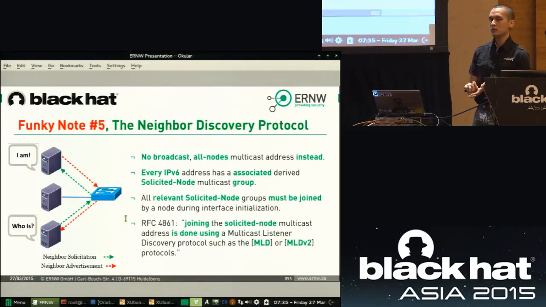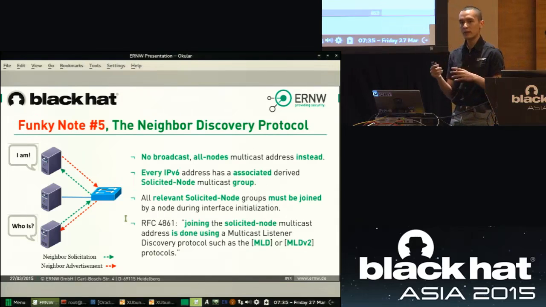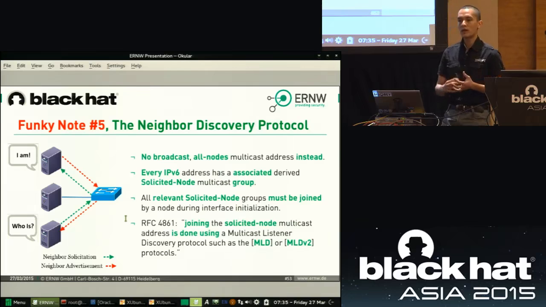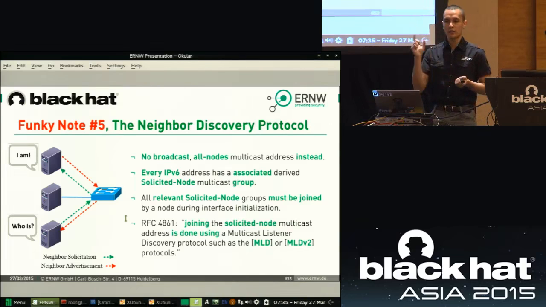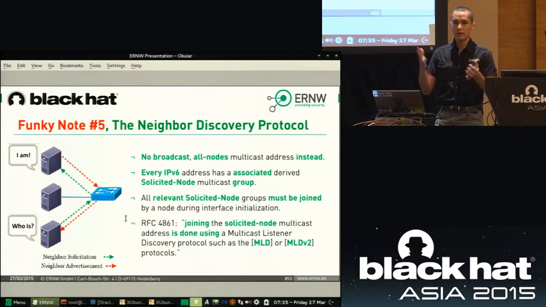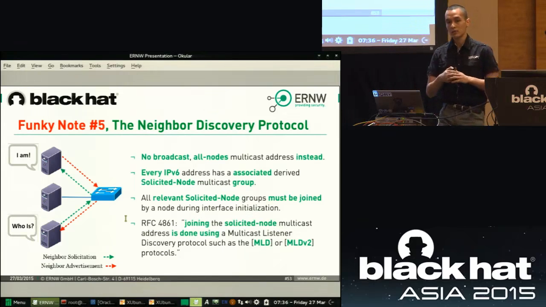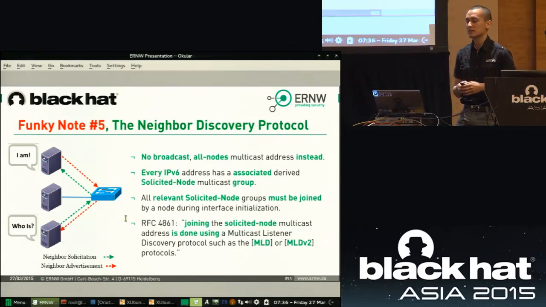Where can it also be used? It can be used for getting rid of broadcasting. That was the initial thought. Okay, we're going to replace broadcasting, but we have to replace it with something else. What if we replace it with multicasting? So now I want to contact Rafael, and I have Rafael's IP address. If it was ARP, I would tell him, hey, does anyone have this IP address? And then Rafael would say, yes, I do have this IP address. So we don't have this broadcast mechanism anymore in IPv6.